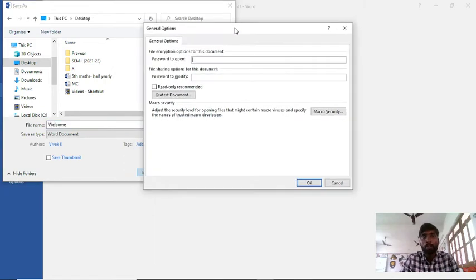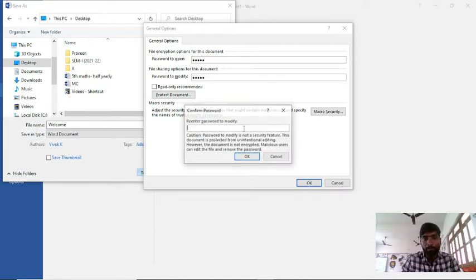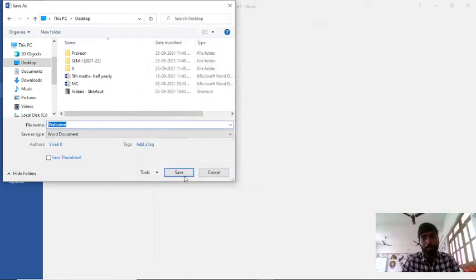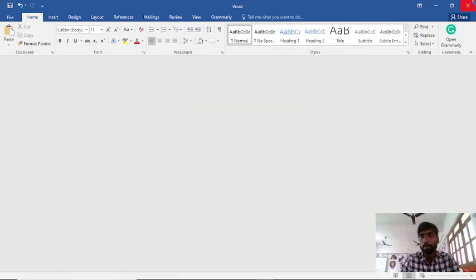Password to open, I am typing 1, 2, 3, 4, 5. Password to modify, reverse order, 5, 4, 3, 2, 1. Again, password to open 1, 2, 3, 4, 5 and password to modify 5, 4, 3, 2, 1. Press save. Where is this document stored? Desktop. Now I am closing it.